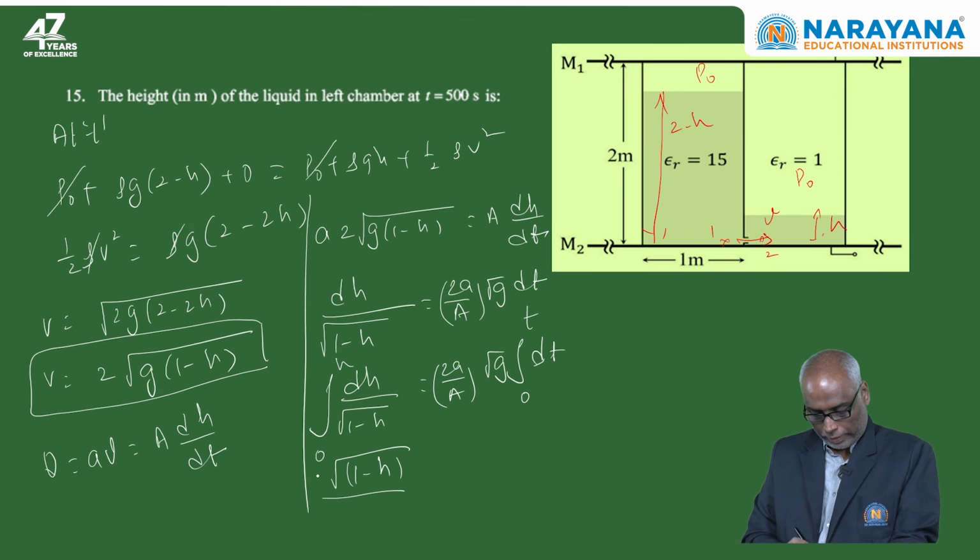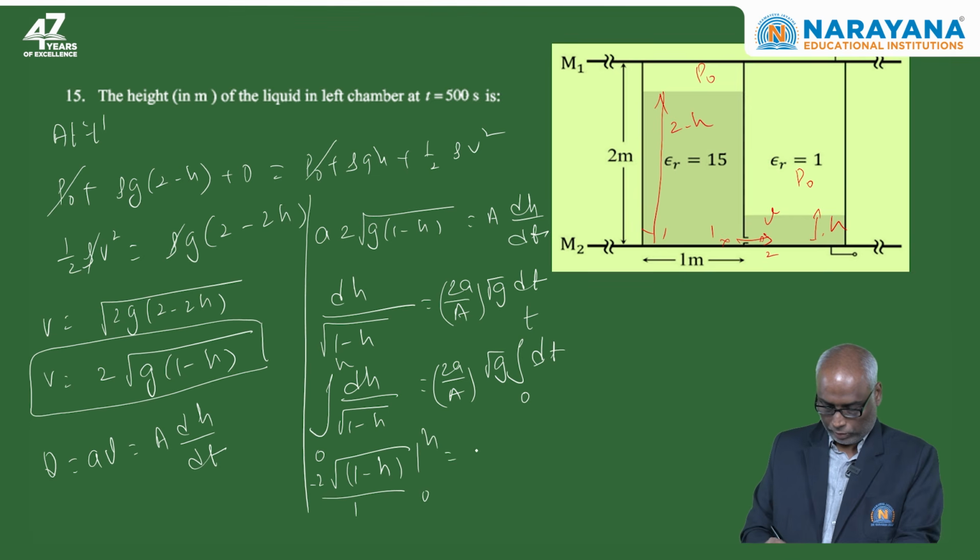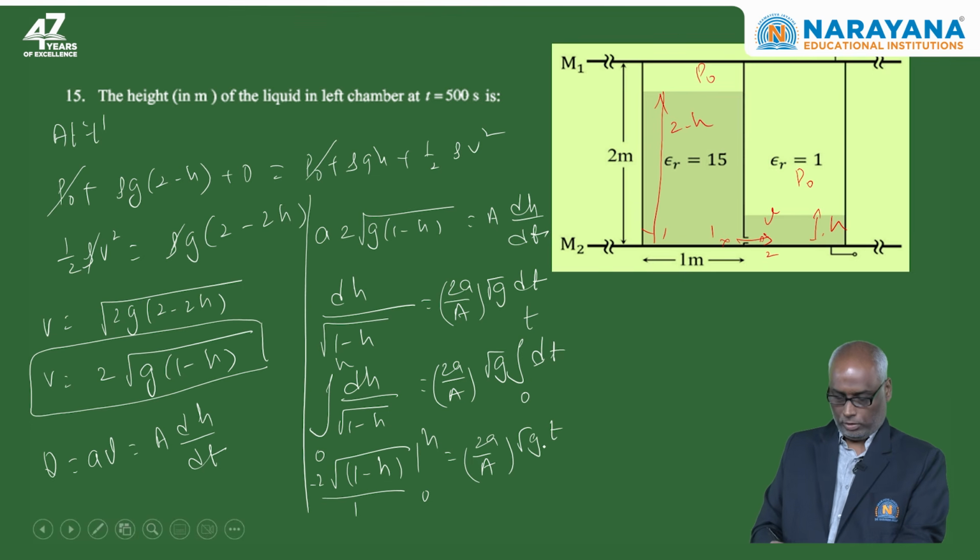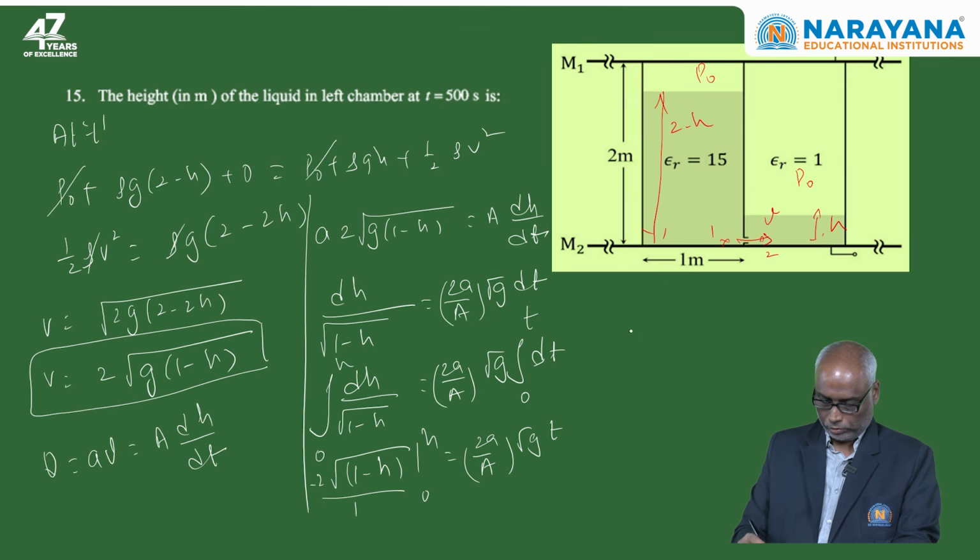So, 2 goes to the numerator with a minus sign. Here the limits are from 0 to h, equal to 2 small a by capital A into root g into t. When I apply the limits, we are going to get